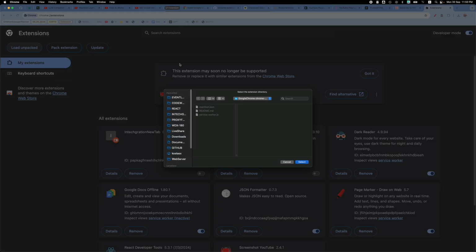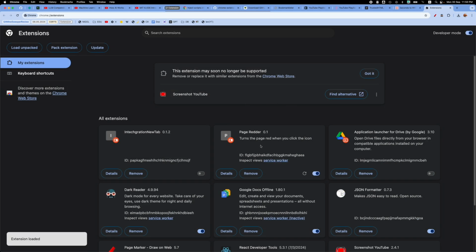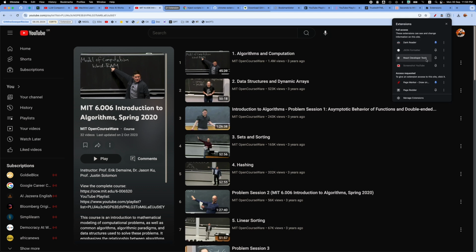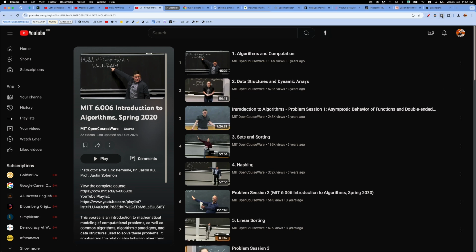So I will load unpacked and go into my folder. Here is the extension folder, and I will select it. And you will see now the extension is active. You can disable or refresh the extension if you make some changes. But basically now, if I go to, let's say, this page, let me refresh. This extension gives you this icon, you can pin it, and when you click it,